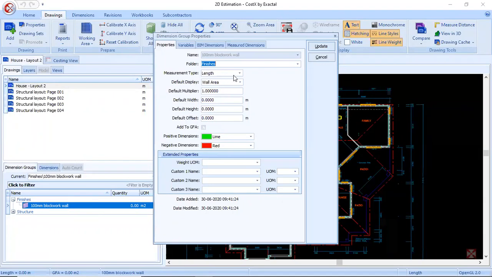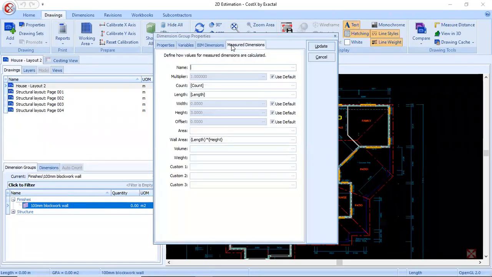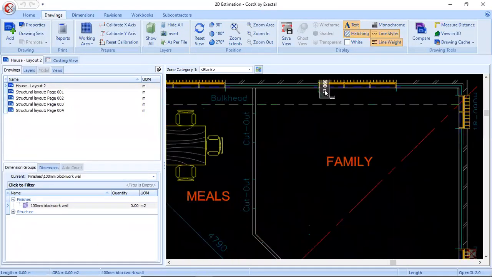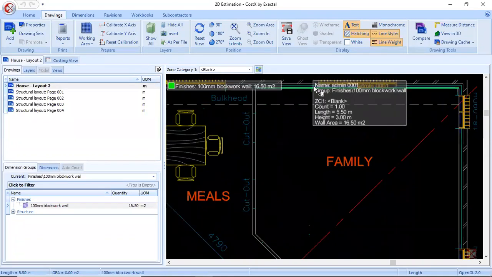I'm going to measure the length of the wall from the drawing, and as default display, I want the wall area. Height of the wall I'll mention here as 3 meters. And under measure dimension, I'll mention the wall area formula as length multiplied by height. I'll update. Now to take the quantity, I'll just click on the wall inside Costex.